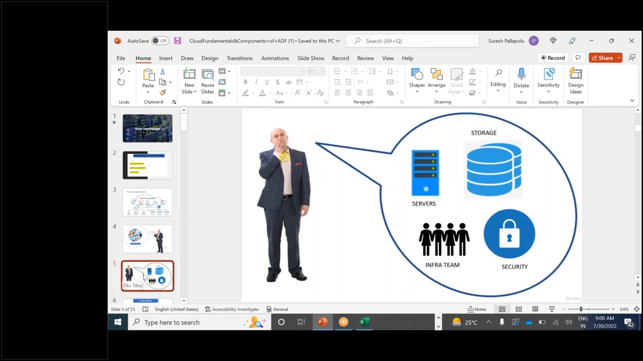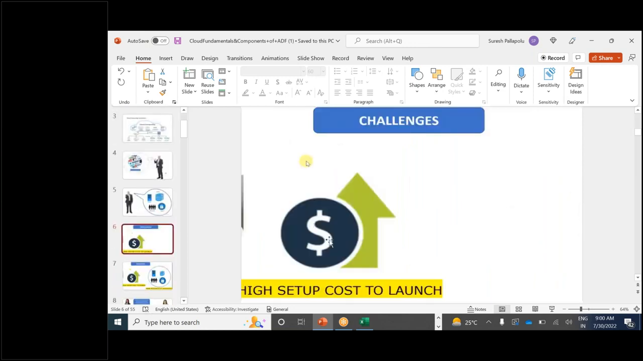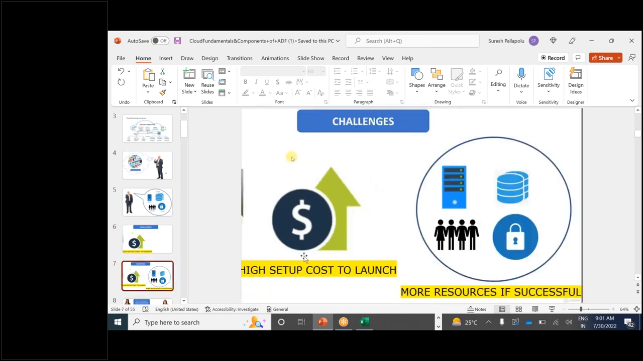So now John starts thinking about all this. If he needs to start a social media website, he needs servers, storage, infrastructure team, security and all, right? So what are all the challenges for the business? High setup cost to launch all these services. There is a lot of cost involved, right? And if the business gets success, if my social media website is a success like Facebook,